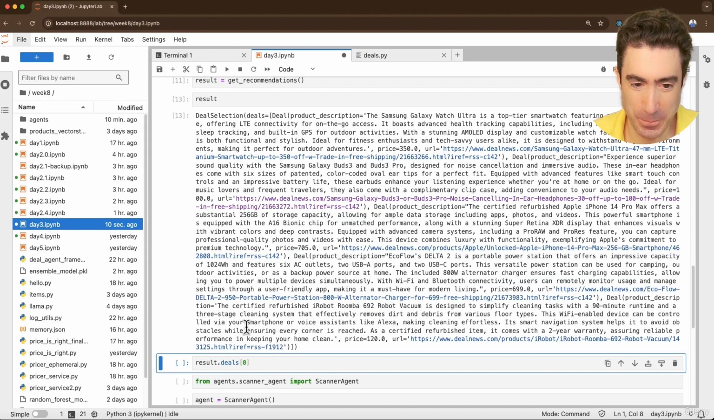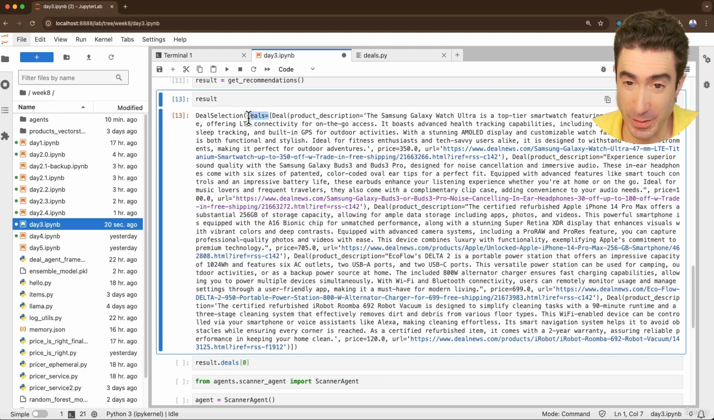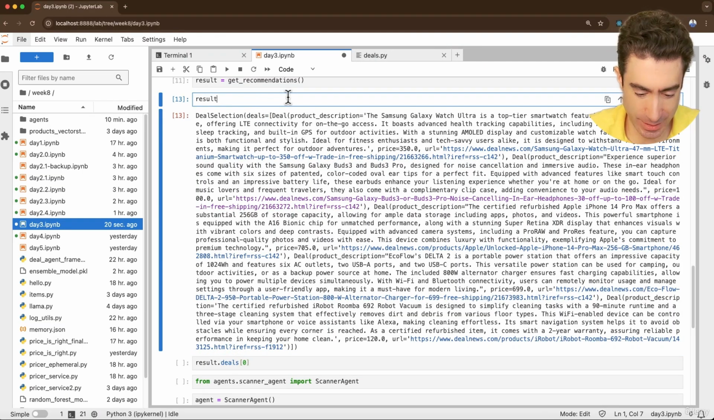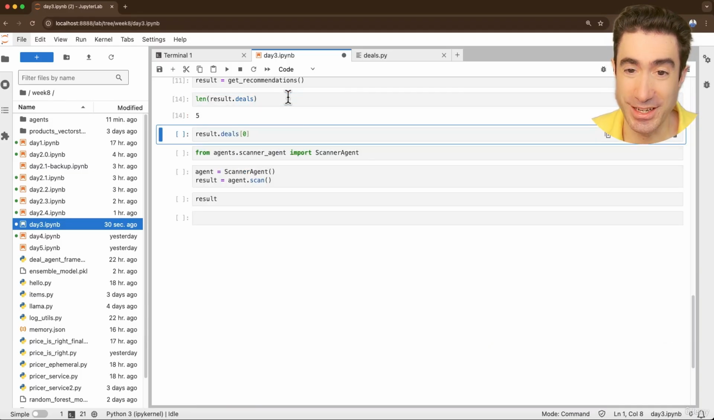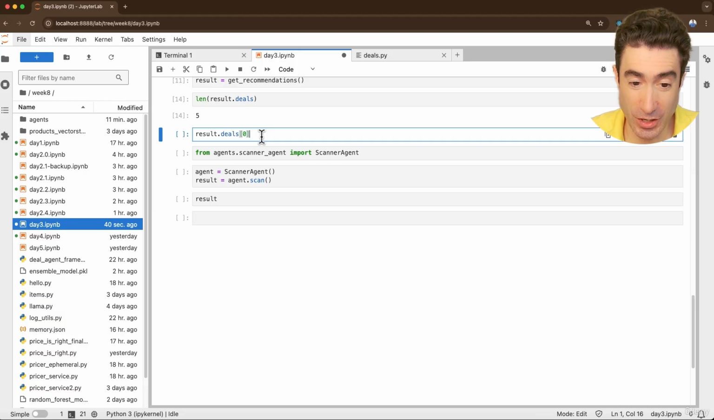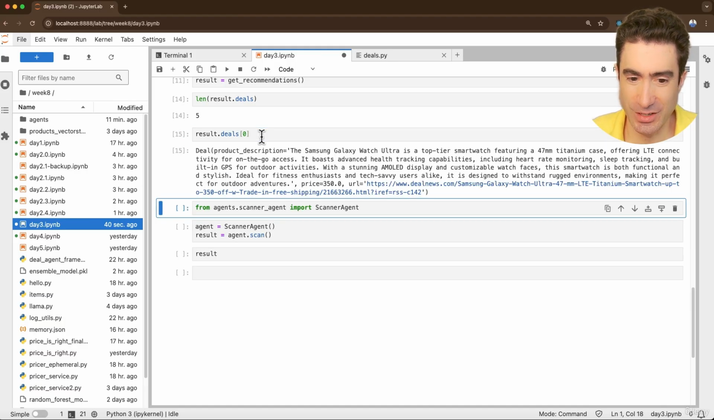It's going to be a set. It's a DealSelection, which has within it deals as the one field. If you remember, deals was the one thing we set, and here are the deals. So let's find out how many deals we got back. We are hoping, of course, that we got back 5 deals. Let's see. We did indeed get back 5 deals, and let's print the first of those deals, and we get